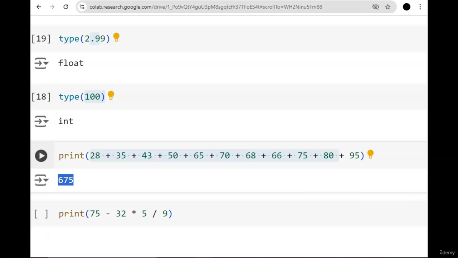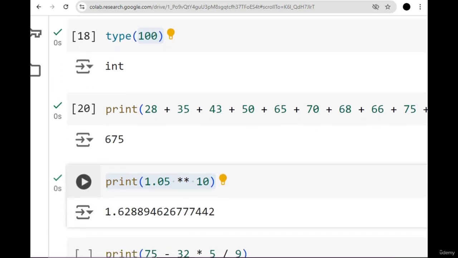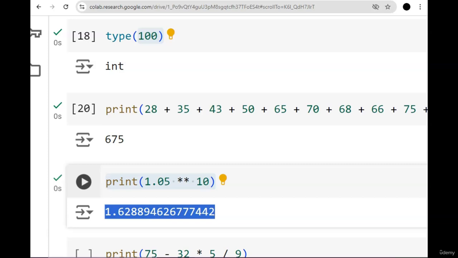What about something more complex, like calculating compound interest? For this, you can type in the chatbot, "How do I compute 1.05 to the power of 10 in Python?" The chatbot might respond something like this. Now let's run this together. So it says 1.6288 followed by all these numbers. So this will give you the result of raising 1.05 to the power of 10, which can be used to